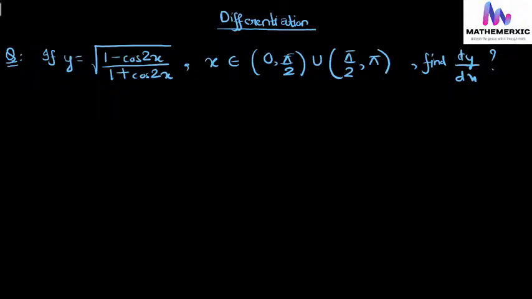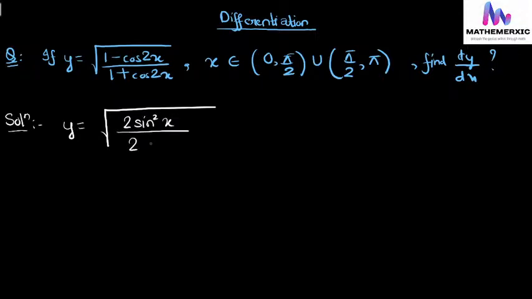Let us see how. y is equal to 1 minus cos 2x, so it is 2 sine square x, upon 2 cos square x, or this will be tan x. y will be equal to tan x,